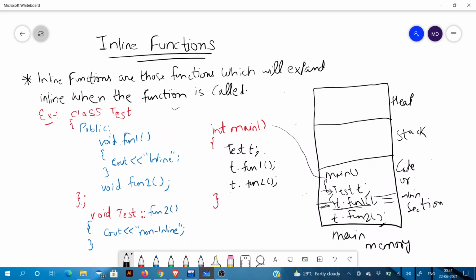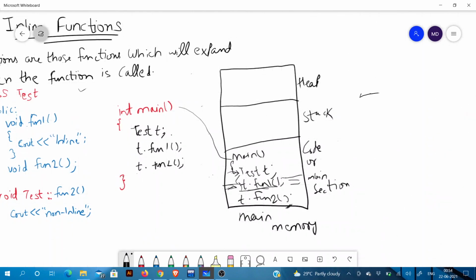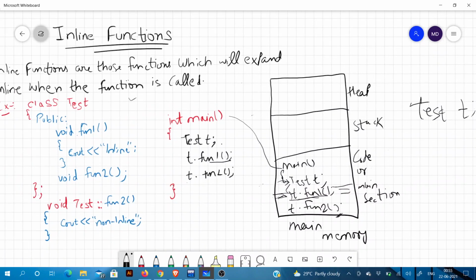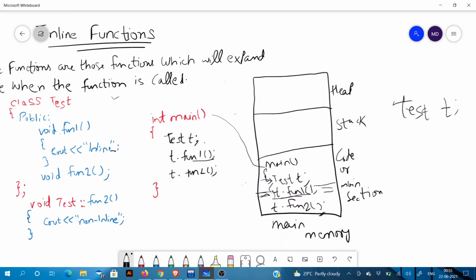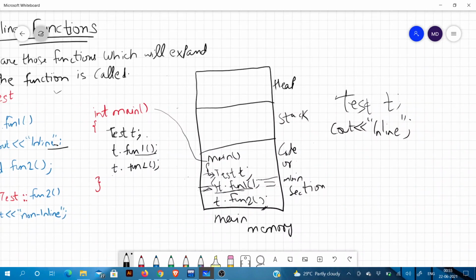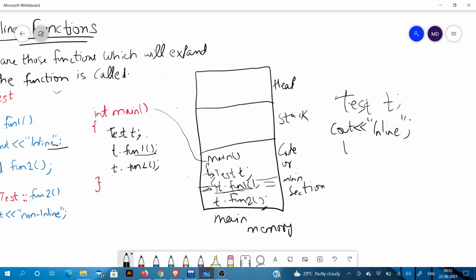Like Test t is there, then t dot fun1, and the line of code of fun1 is cout inline. So the compiler will take it like this, and then fun2 will be called.